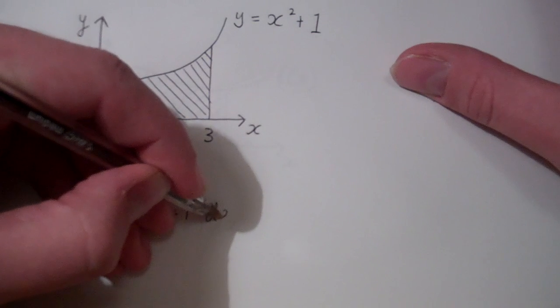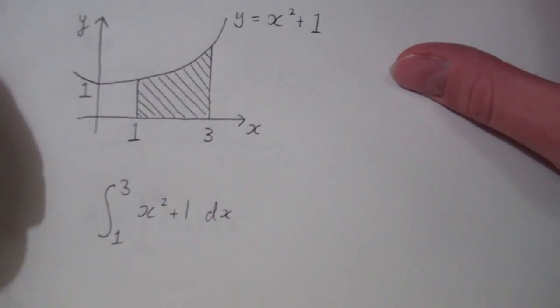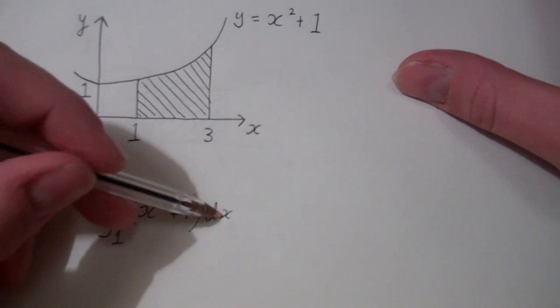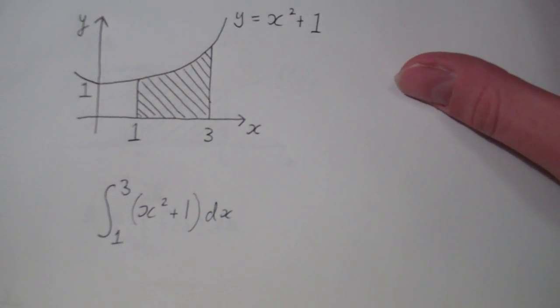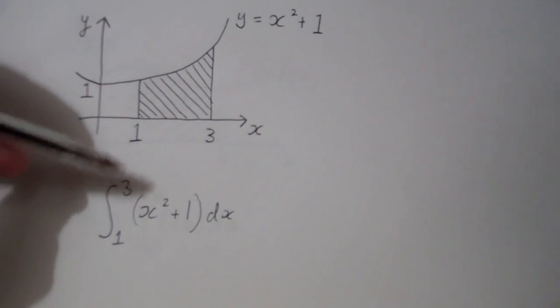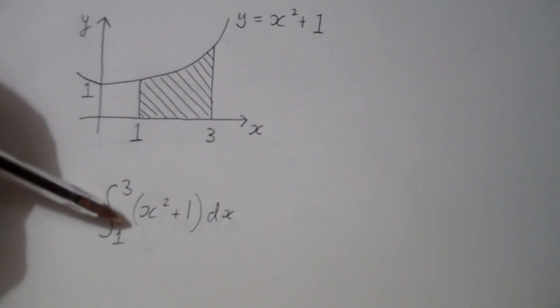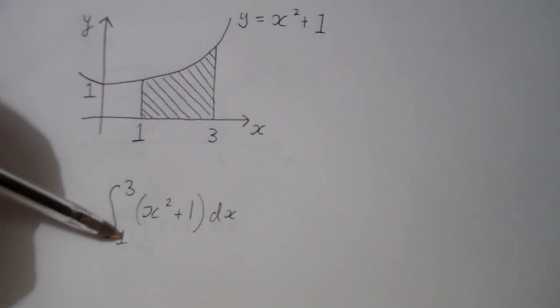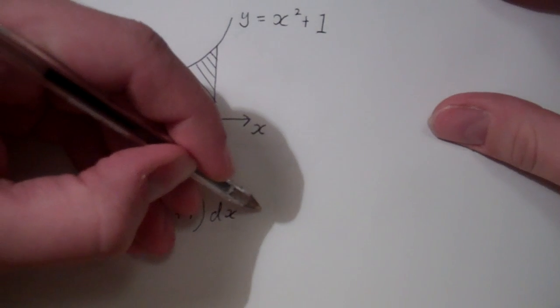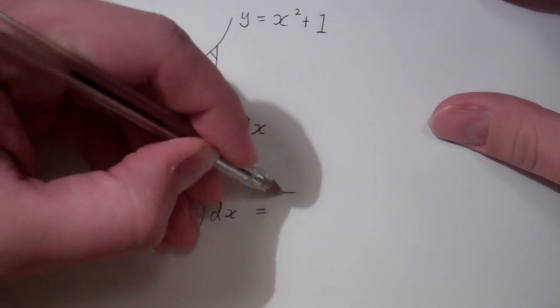Don't forget to indicate the variable. Now you'll see a lot of times this is put in a bracket just to say that this dx is for the whole thing. Whether or not it's necessary, I don't know, it depends really. But anyway, that's what we're calculating. So this area here is the definite integral between the limits 1 and 3 of the function. So fairly straightforward